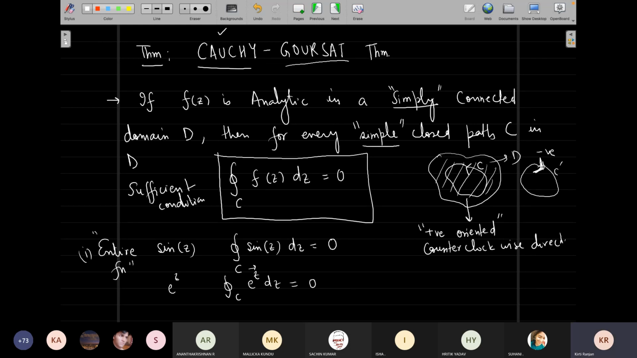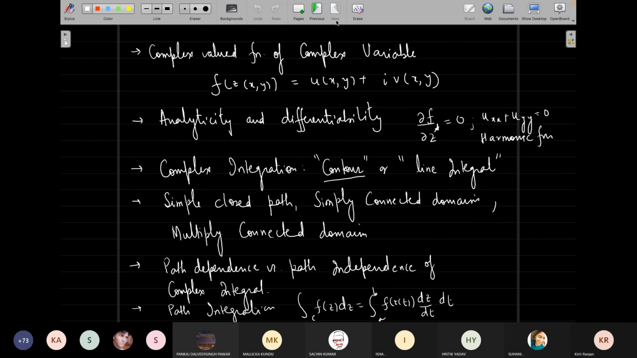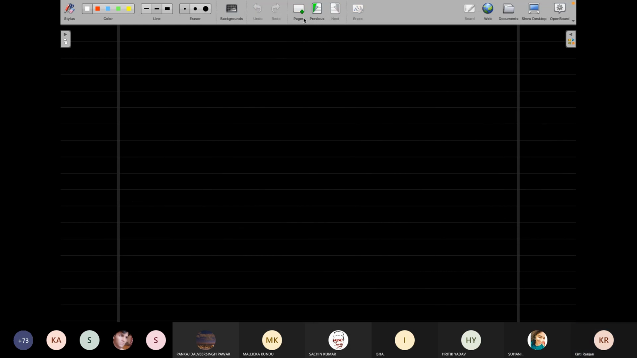Okay, let's continue to further dissect. Now, if the path is no longer simple, so the Cauchy-Goursat theorem was given for a simple closed path. If the path is not simple, then it was shown that even if we consider...